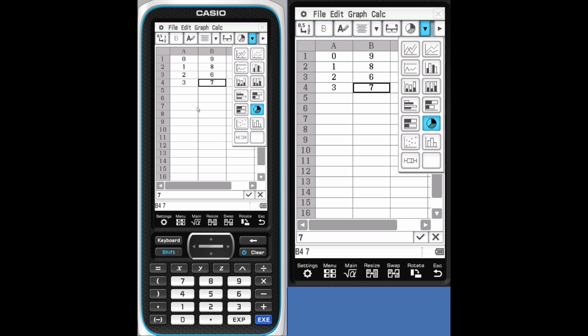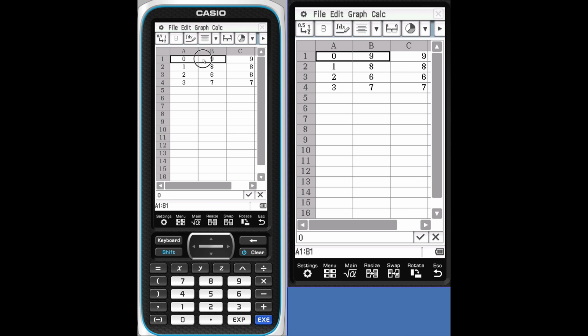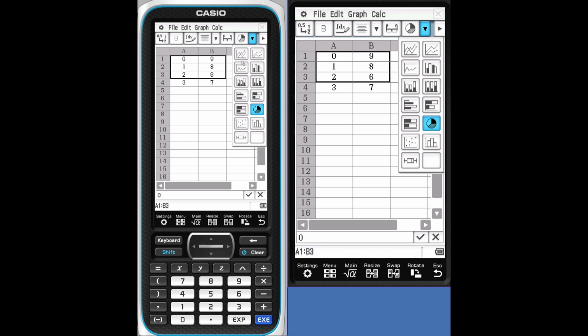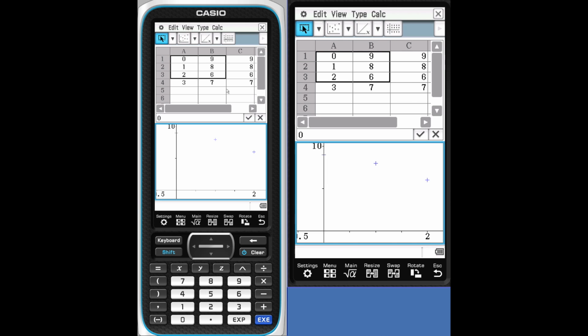Let's try a different type of graph. Let's go ahead and select what we want to do. We can select the entire row, the entire column, or just the chunk of it. So if we wanted to do just those 3 cells, and we wanted to make a scatter plot just out of those 3, there you have it. The third point is right there. What's really nice about this is if I tap on one of these values, I can actually move it in the graph and it'll change in the spreadsheet itself.